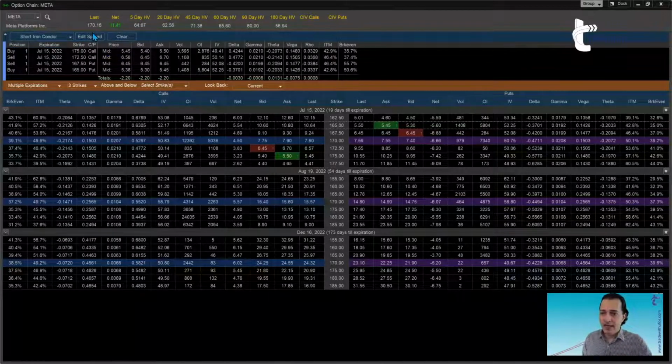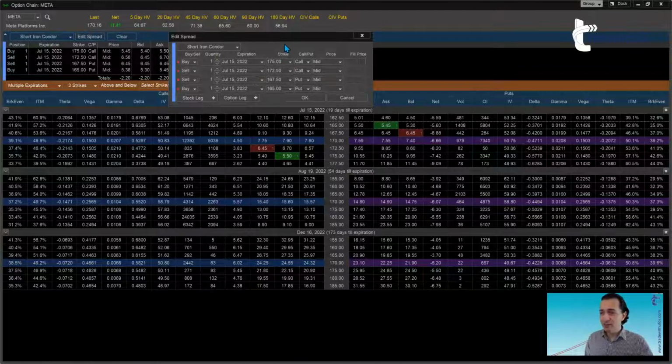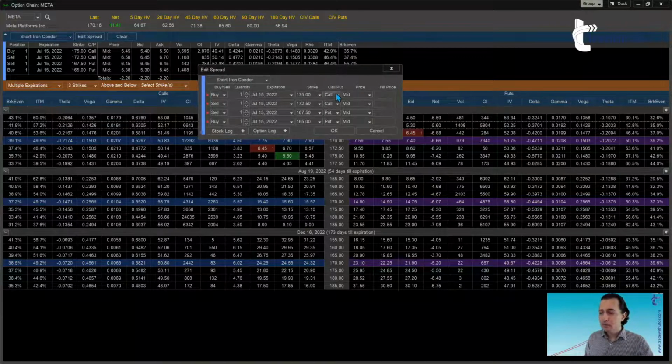Okay. What else? If I edit the spread one more time, now I get into the price column, where I have multiple choices. I have the fill price, which if I select, I need to type a price manually, 1.22, for example. If I select mid, it's going to give me the midpoint between the bid and the ask. If I select last, it's going to be the last traded price. If I select bid, it's going to be the bid price, ask, the ask price, and auto bid and ask.